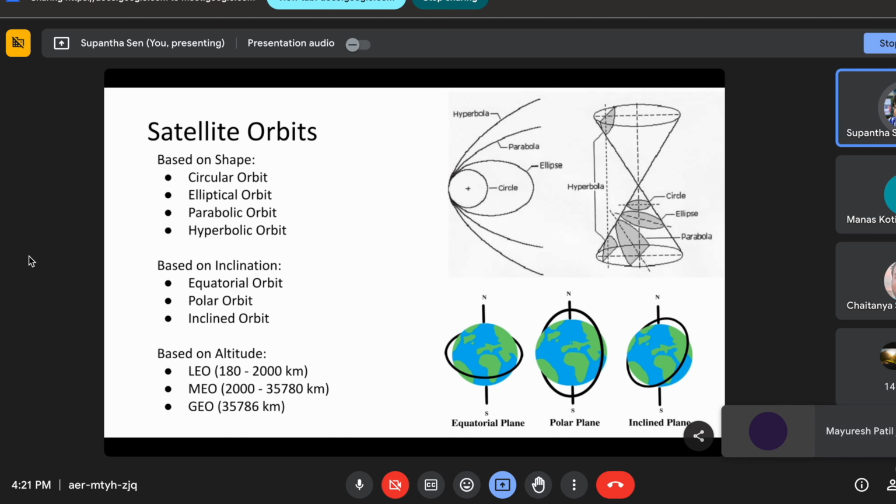MEO satellites are used mostly for communication purposes, and also for defense purposes. LEO satellites are now also used for communication, like Starlink, which you are aware of. They are putting internet services in LEO. As the height is less, you have to put more satellites to cover a single region. GEO satellites are mostly communication satellites, like TV broadcast, because in broadcasting you need a 24/7 view of the satellite. So this is how these orbits are defined.